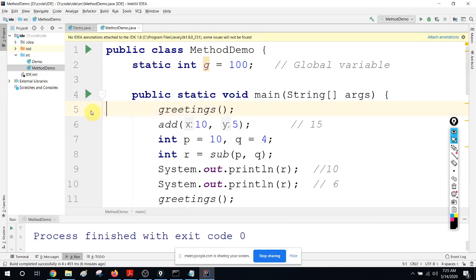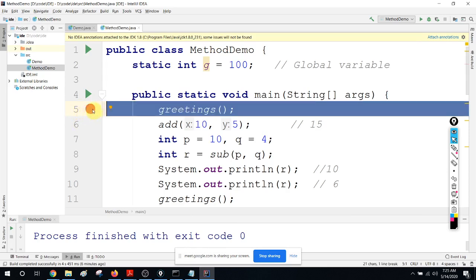Again click it, right? So you can see you have to click a little bit to the right side of the number, not here. Right side of the number, it's a toggle. Now I have a breakpoint. A breakpoint means the program will execute up to this line and stop the execution. Actually, not stop the execution, it will hold the execution and let you control the rest of the execution. So that is very handy when it comes to debugging.